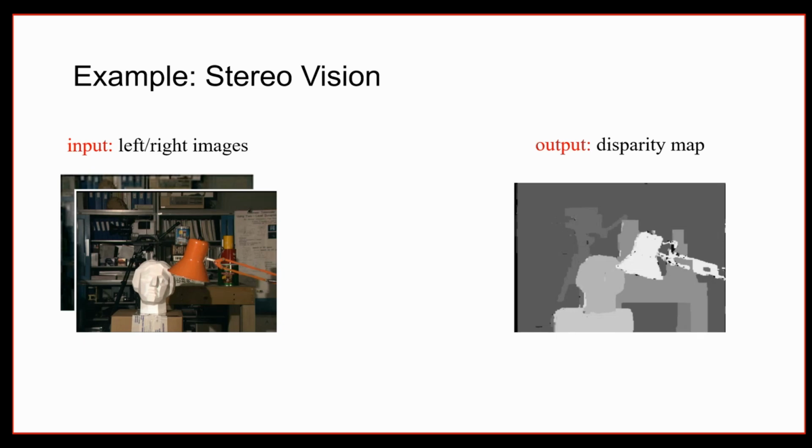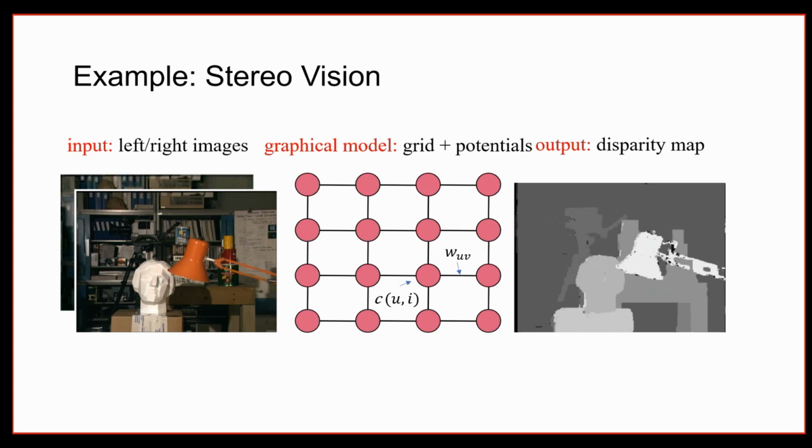For every pixel, you want to find how much it differs compared to the other image, and you can use that information to compute a 3D map. If some object is closer to your camera, then the two images will differ more, and if it's farther, they'll be more similar to each other. To do this, we'll be using a particular graph, which is the grid graph. For every pixel in this image, we'll have one corresponding node, and for every adjacent pair of pixels, there is an edge.